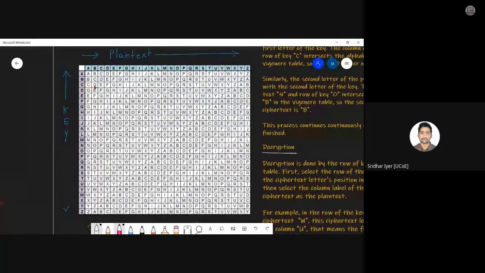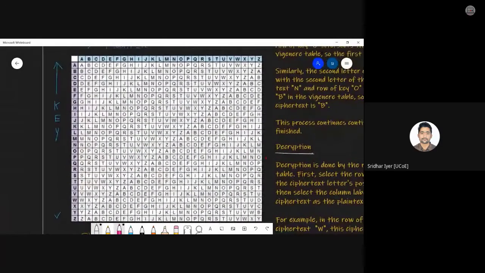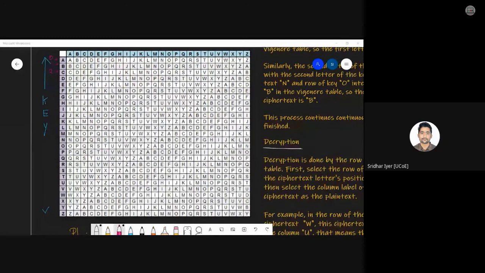Again, if you can visualize this as a Caesar cipher, it consists of 26 different Caesar ciphers. Yes or no? Can you see over here at this diagram? It will be very much clear. The first row is of shift 0. The second row is of shift 1. Third row is of shift 2, and so on. Yes or no? Just visualize this as 26 different Caesar ciphers. So it's the same thing, but written in a different fashion. You don't need any sort of multiplications, any sort of addition, subtraction. You can simply refer this table and get the answer.